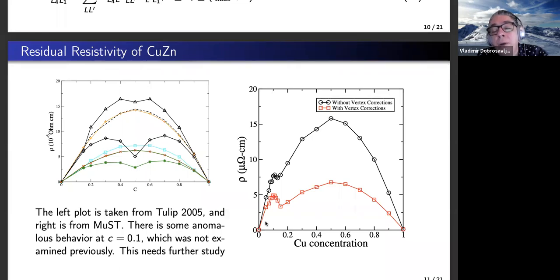Now, we know that CPA doesn't capture localization, and the resistivity will remain finite for any finite amount of disorder. But the question is, what will happen to these vertex corrections? Would they solve that problem or not? The point is that this is kind of anecdotal evidence. Oh yeah, I applied it to one particular example and I see a difference, but